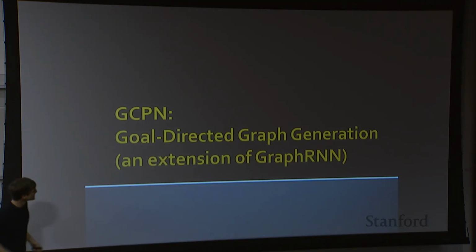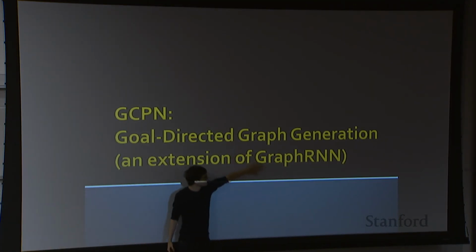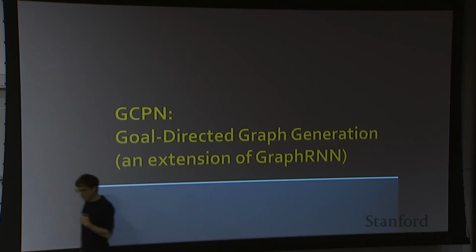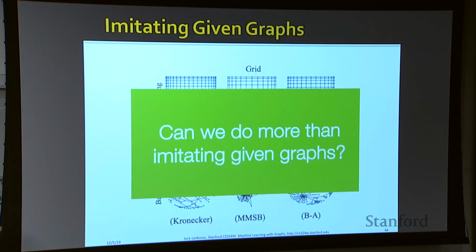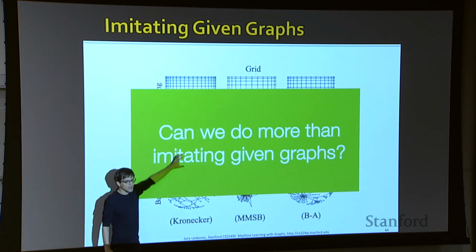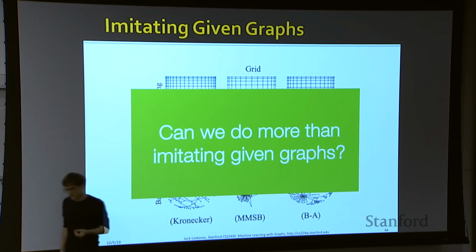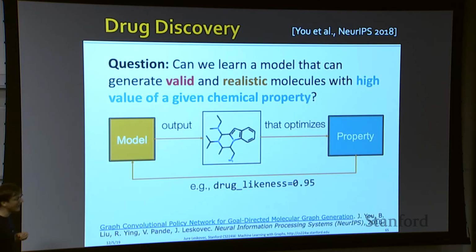So the problem is, we talked about graph generation using GraphRNN. The question is, can you do graph generation in a targeted way? So what do I mean by this? I'll skip this and say, can I generate graphs that are optimal? That's the question. And one place where you would like to generate optimal graphs is when you do drug discovery,